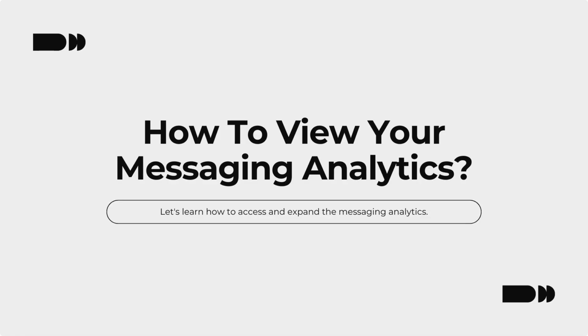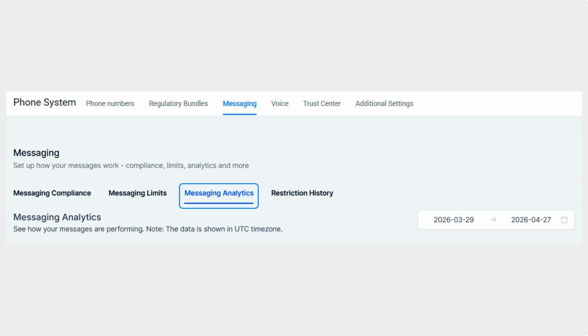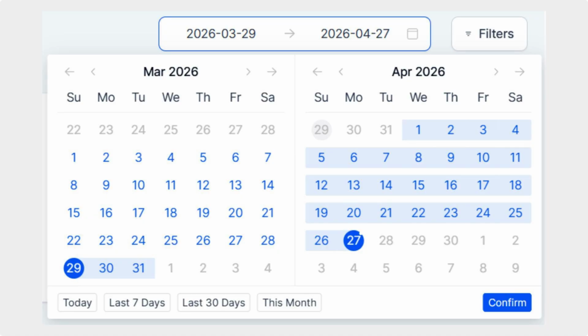Let's learn how to access and expand the messaging analytics. Navigate to the Messaging tab in the Phone System Settings section of your account settings and switch to Messaging Analytics. The default view shows the last 30 days, but you can select up to 90 days for a broader picture